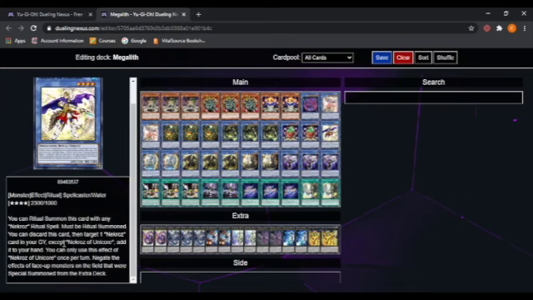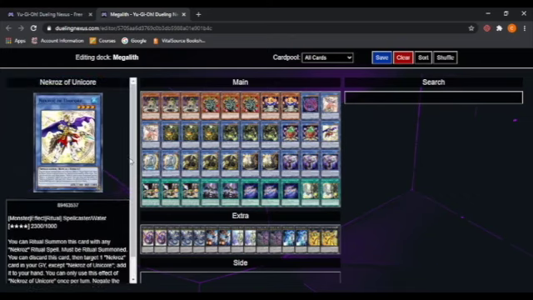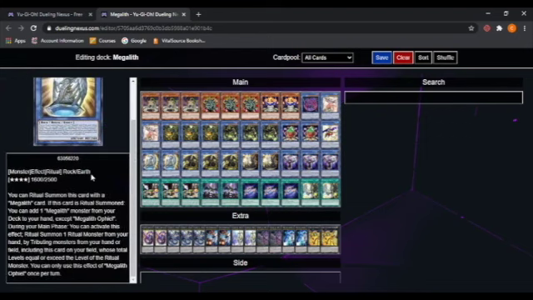Salamangreat, well, that's Salamangreat dead. There's so much you can do with it. Double copies of Repyral. So now that we hit the level 4s, level 4s don't discard the ritual summon themselves,